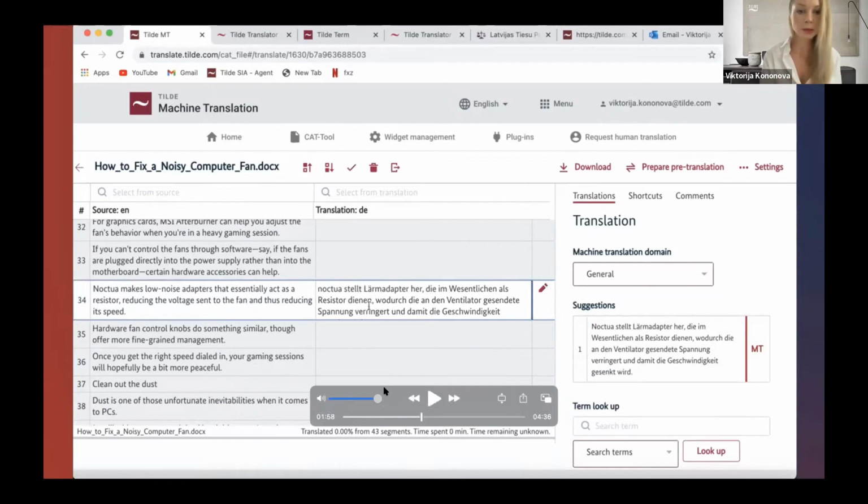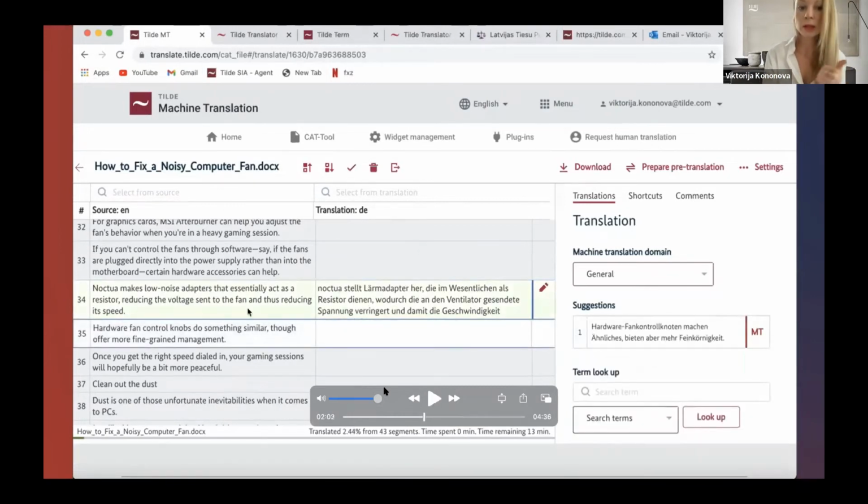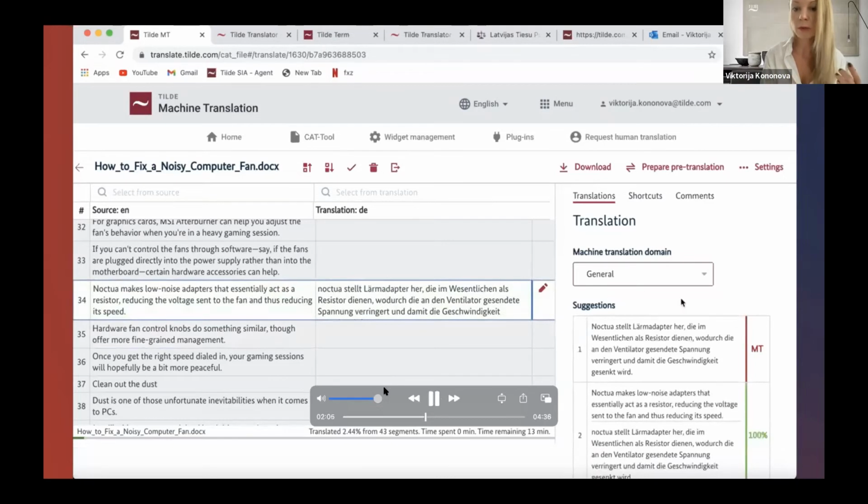Now, if I didn't like something, I just change it. Maybe I saw incorrect spelling, or a city that is not translated correctly, and I would just make the modification right there on the right-hand side and quickly validate it. The system would learn from your modifications and remember them.